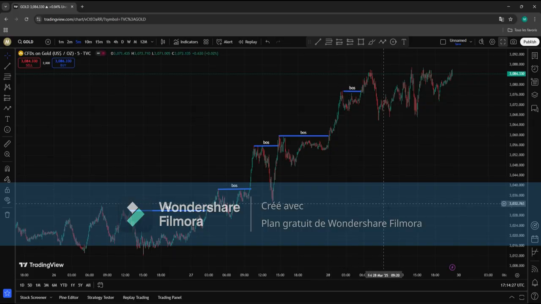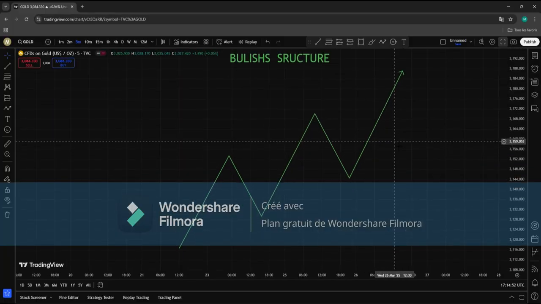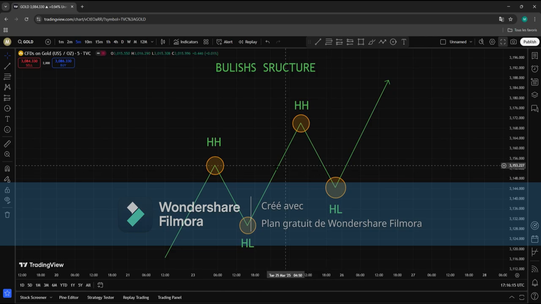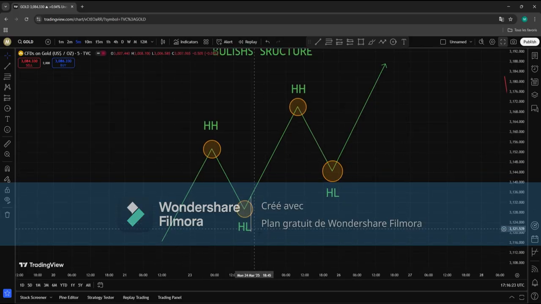Let's start with a bullish structure. First, what we see in the bullish structure: we have a higher low, a higher high, higher low, higher high, higher low, and next, the higher high and a little higher low. Next, what do we see? We see a point of higher low grow to the up level, and the point of the higher high grow to the